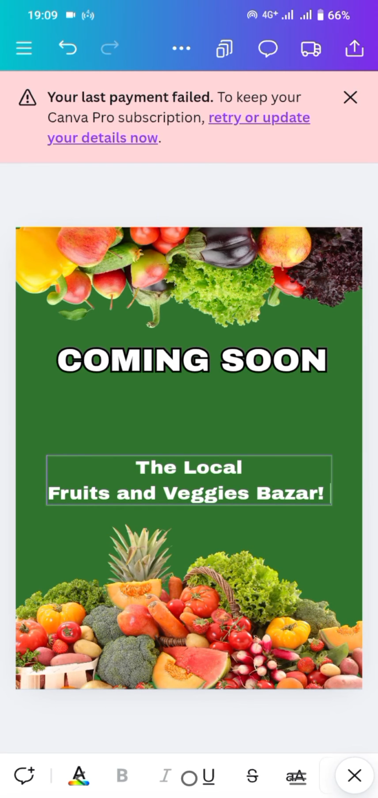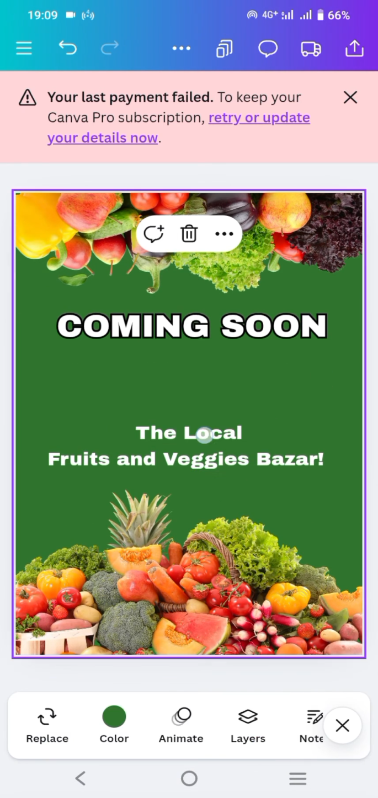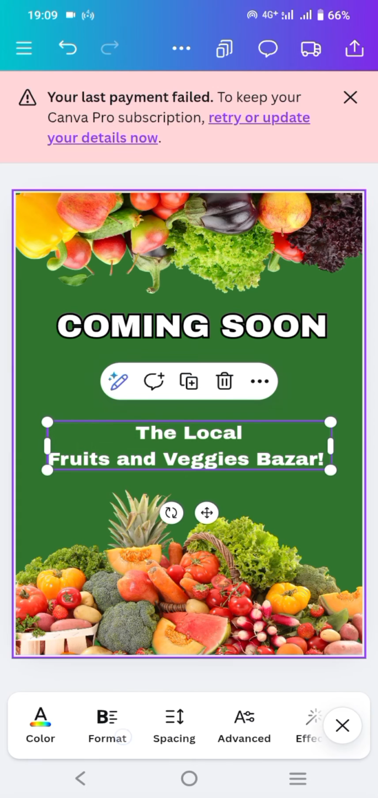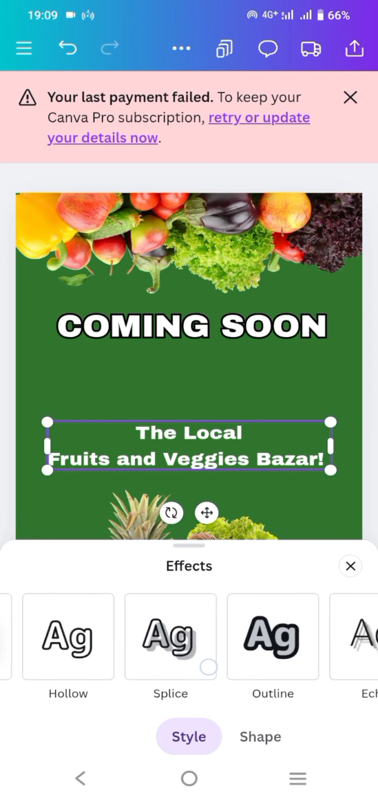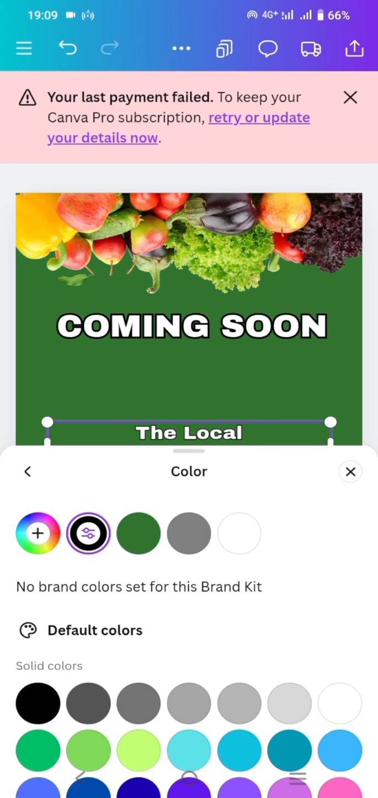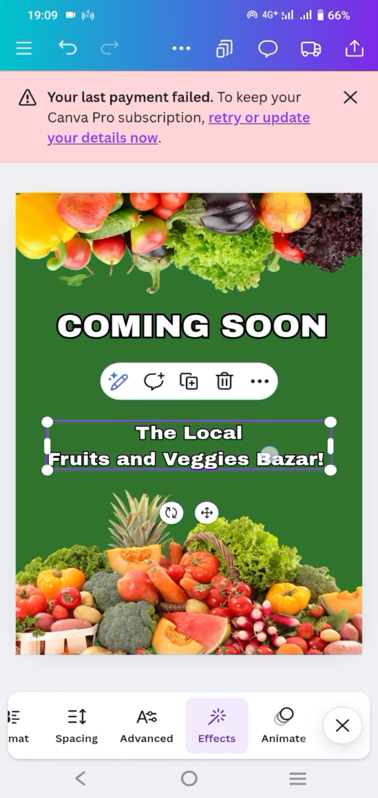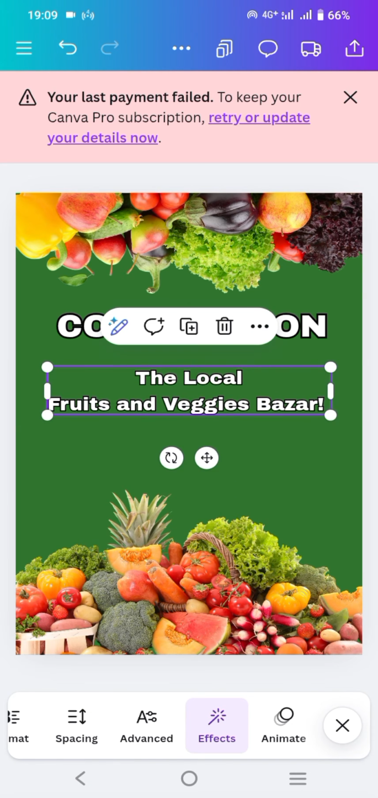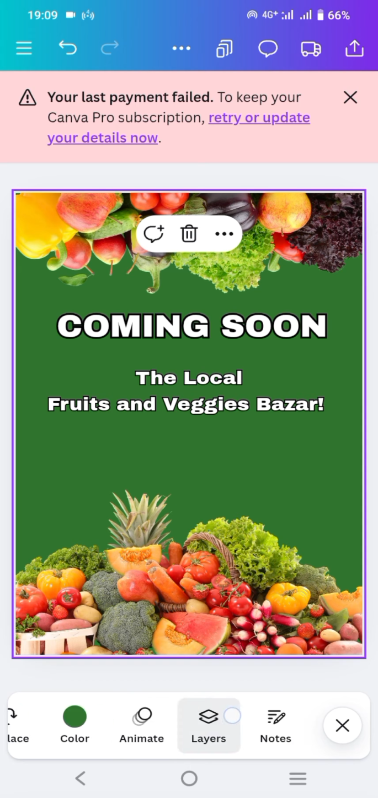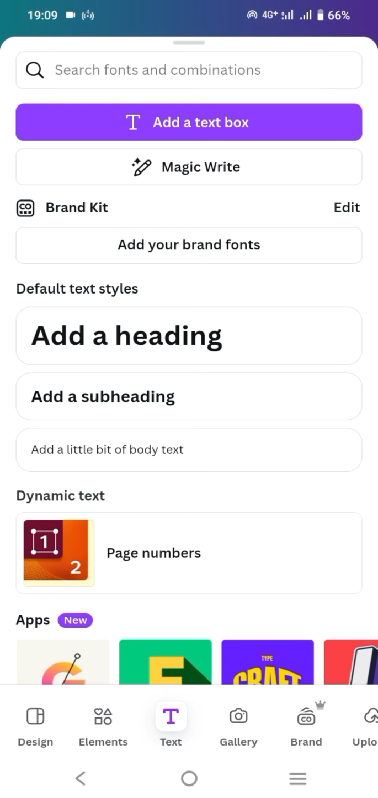And you can also do the same thing to adjust the effect of this text. I will choose outline and the color to become black, and also I will adjust the thickness of this text, and for the location, let's say I will add another text, add text box,